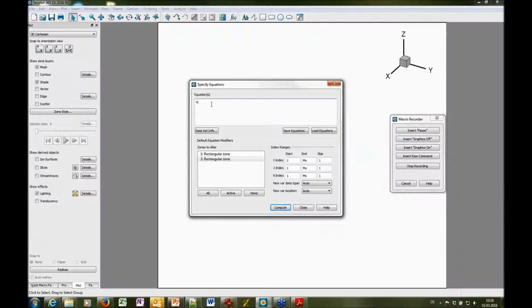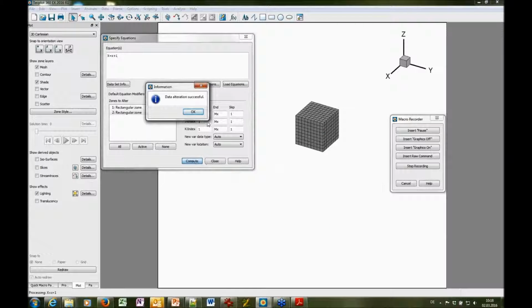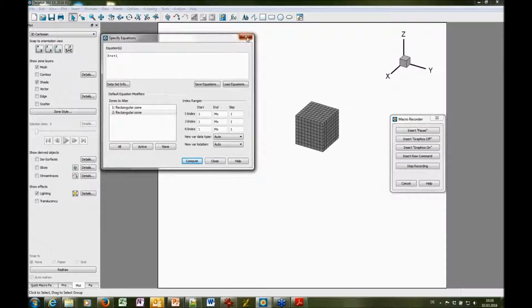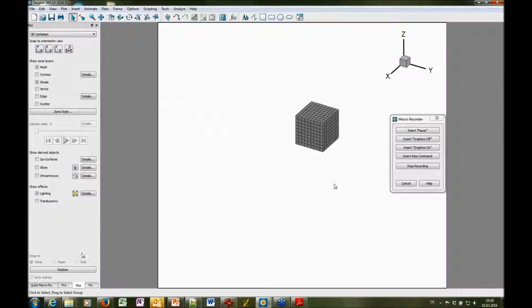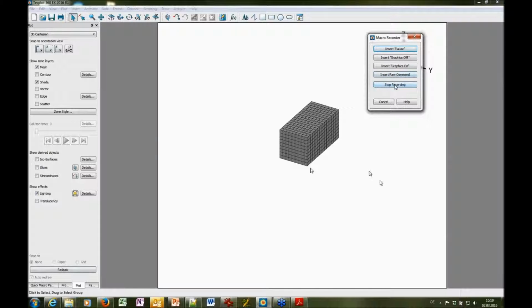So x equals x plus 1. Compute. And now you see that it's needed to redraw to see what happened. Okay, we have a second cube and it's translated, and we can stop the recording now,